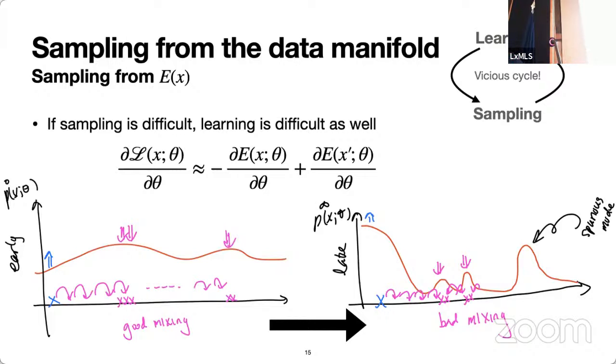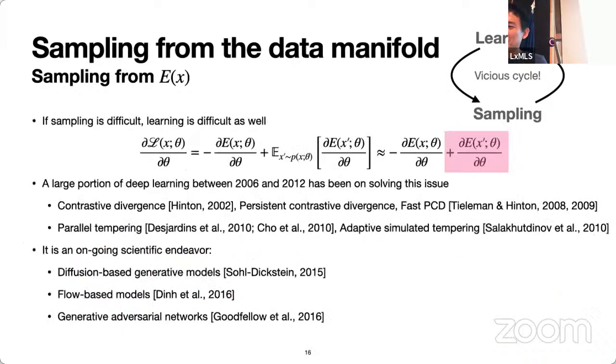This is my attempt at drawing an intuitive picture of why that is a horrible thing, but I don't think it's intuitive at all. You can just trust me that because we have to sample from this model in order to train it, if we cannot sample from it, training is not going to work well. If training is not going well, sampling can be even more challenging. You can just trust me on this.